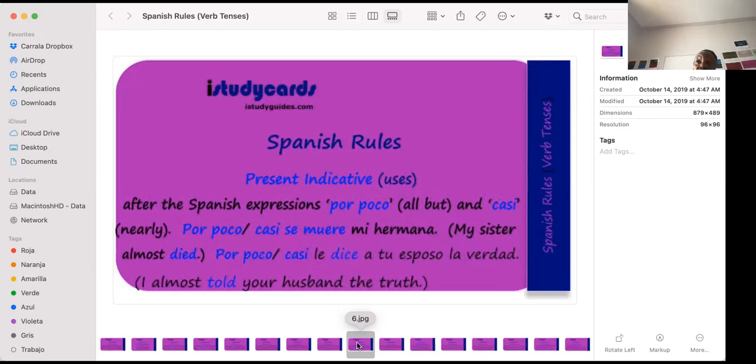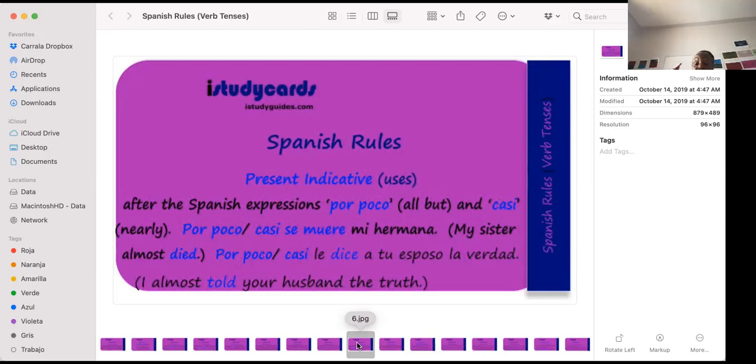Well, in English, you would put almost or nearly, and then you would put died in the past tense, right? And then they said, oh, so when did she die? I said, no, she didn't die. I said, she almost died. And I will never forget, my students told me, if you are saying something almost happened, but it didn't happen, you express the verb in the present indicative